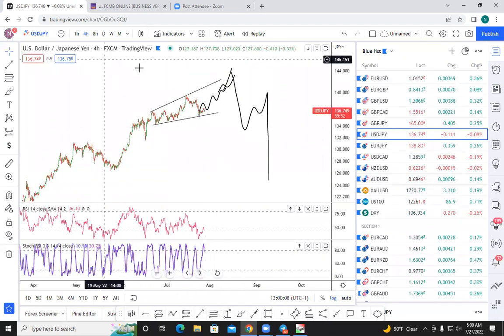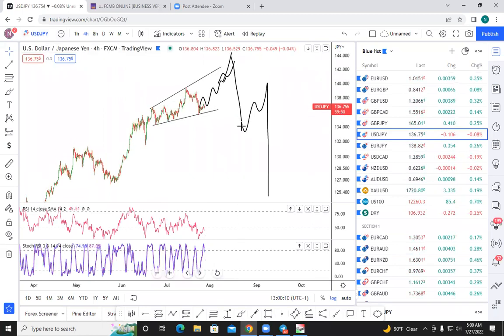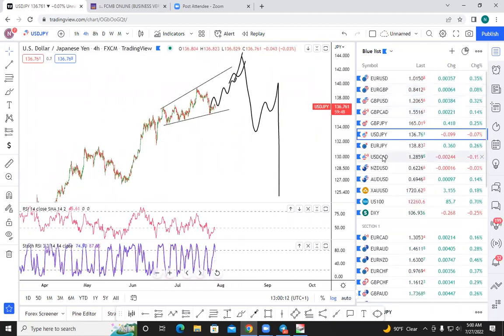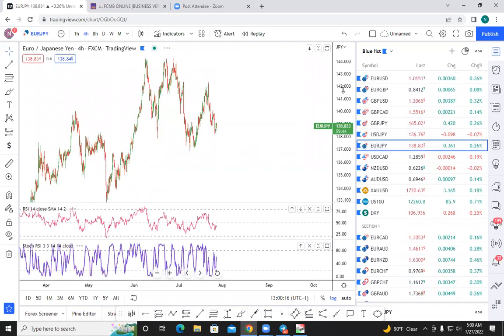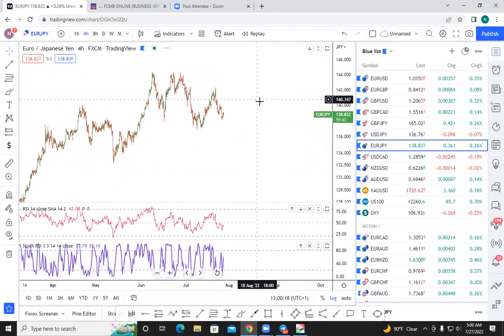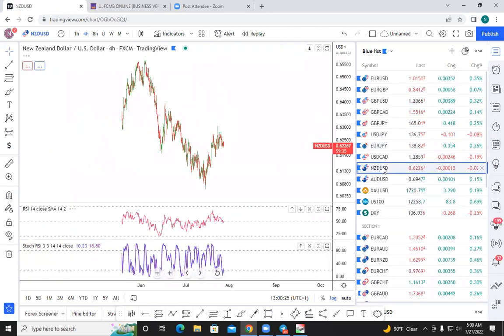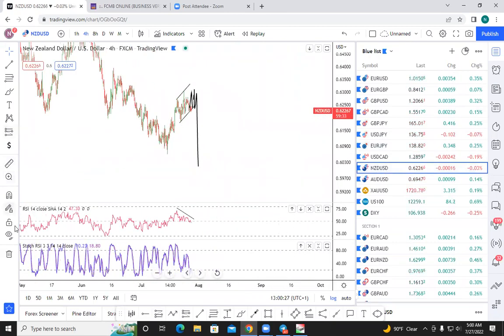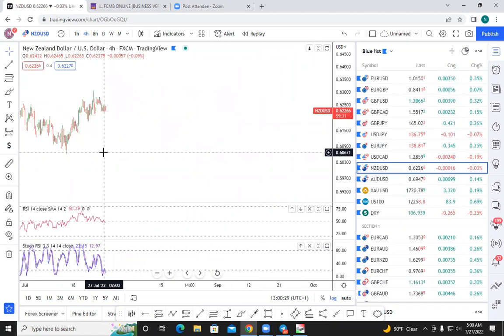That's it about the USD JPY. The next is, I think I have a setup on... No, I don't have a setup on Euro JPY. I don't have a setup. Then this one, yes, same thing is applicable to